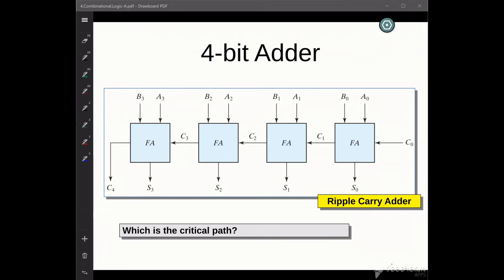So based on what we have learned so far in combinational circuit design, we will now design a 4-bit ripple carry adder, and you're looking at the block diagram of the 4-bit ripple carry adder. So we have already designed the full adder here. All we now have to do is to create 4 instances of this full adder, and an extra detail is